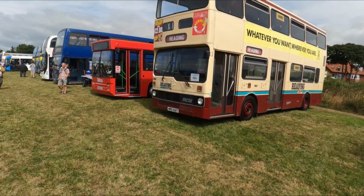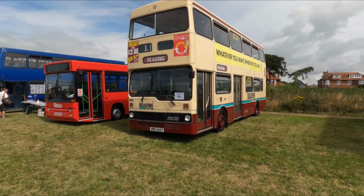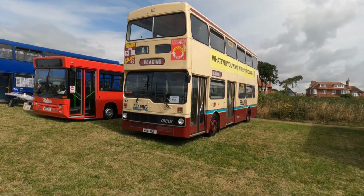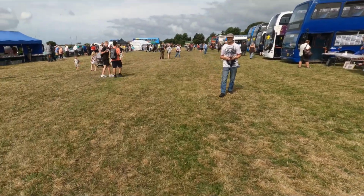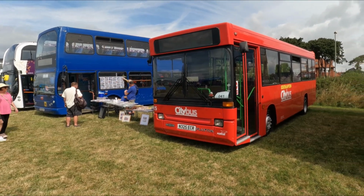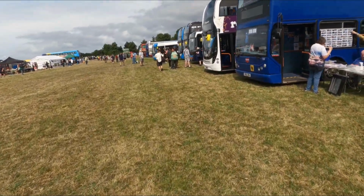So like I say, this is a really good lineup from the Mayflower, Hanson Sussex, Reading buses, vintage MCW Metro bus. These also used to operate in Birmingham, believe it or not, but not this one. I don't think this one was, just a Reading Transport example. So yeah. And it's nice to see Southampton City bus here as well, which is quite nice. So yeah, Southampton City bus, along with another vintage East Lancs bus,